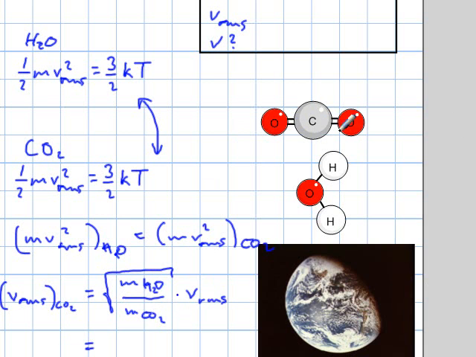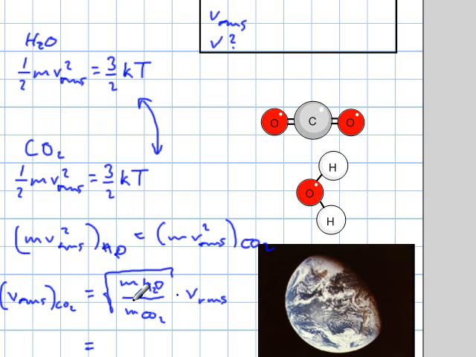The CO2 is more massive, and therefore in order to have the same energy, this is what it says here, with the right hand side being the same, the left hand side, the average energy is also the same. So for a molecule that has more mass, the CO2 44 versus 32, it has to have a smaller speed.